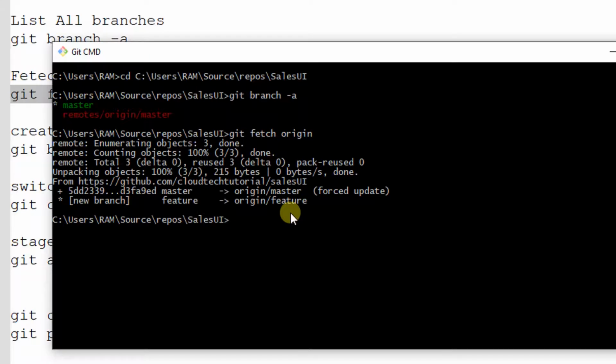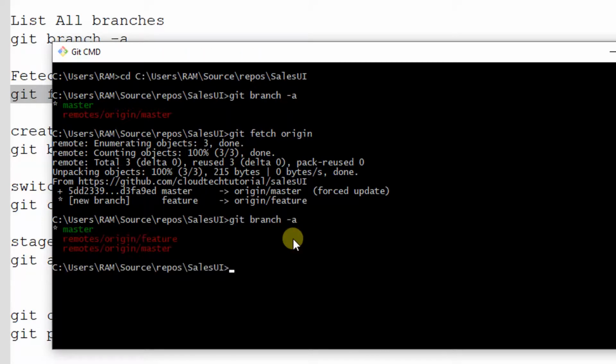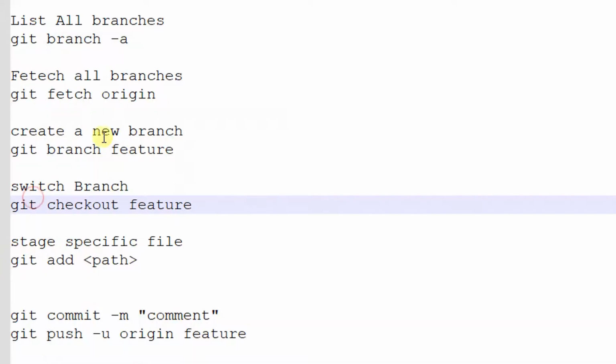Yeah, it had fetched master and then future branch, so both of them are available. Let's execute the same command, git branch -a. Yeah, now it is showing future and master branch, both of them. Now currently it is in master branch,